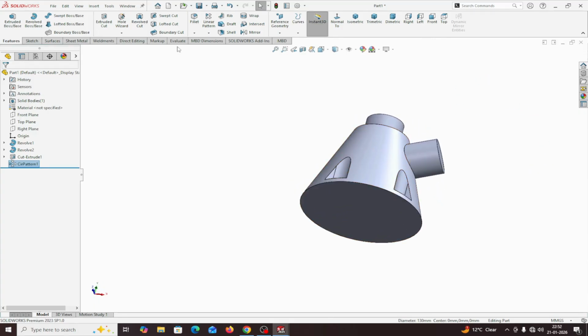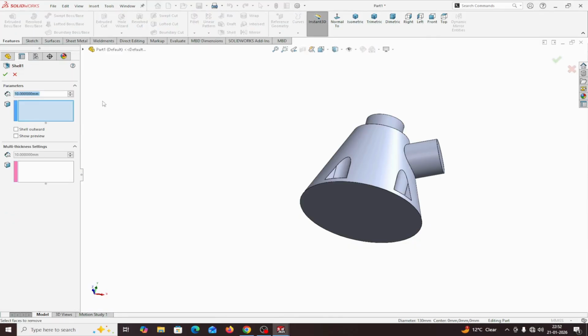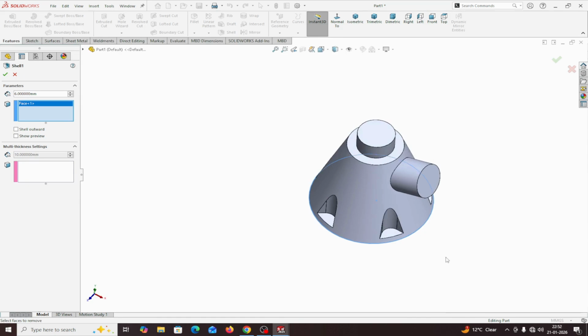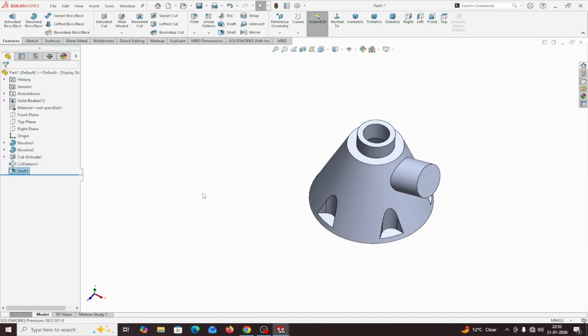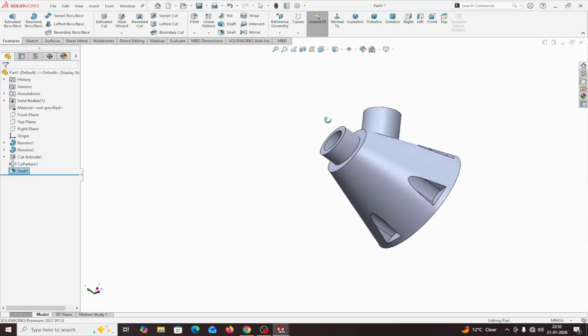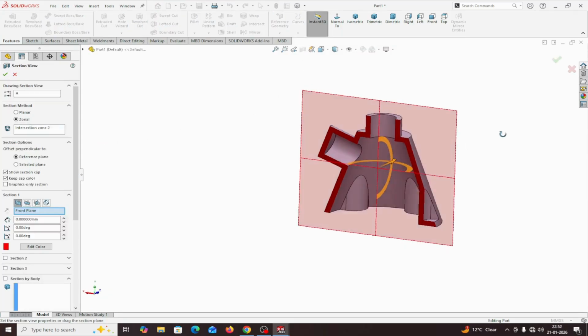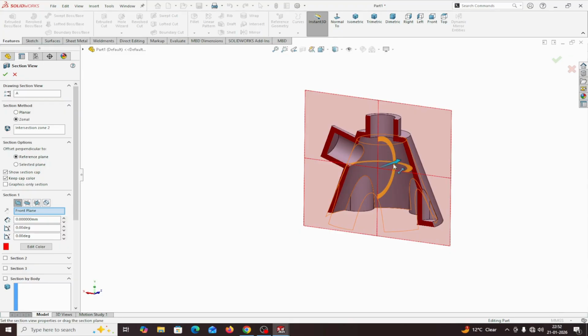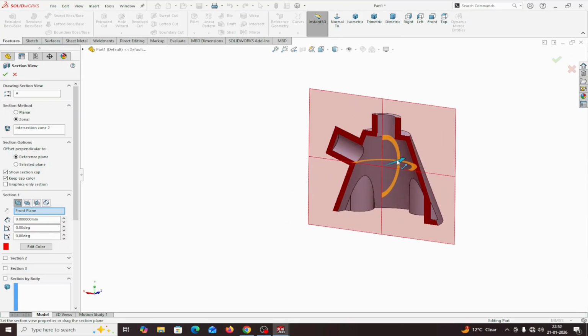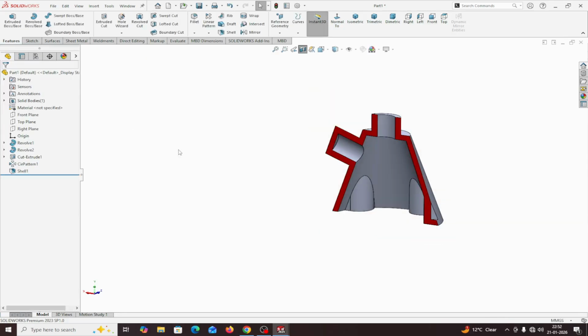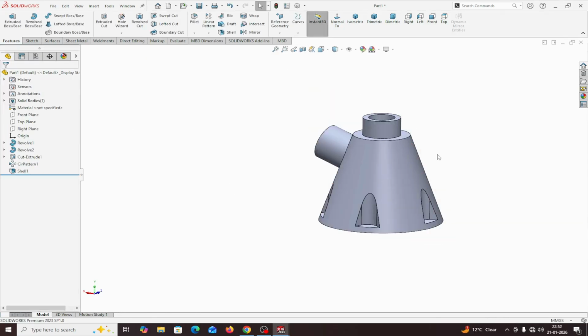Now shell, there is a wall of 6 mm in section. If you see, select this face and this face above. Okay. Shell show preview, this one. This is the, if you see the section, this one, you see the section, this one, this is the part of this. Okay. And now